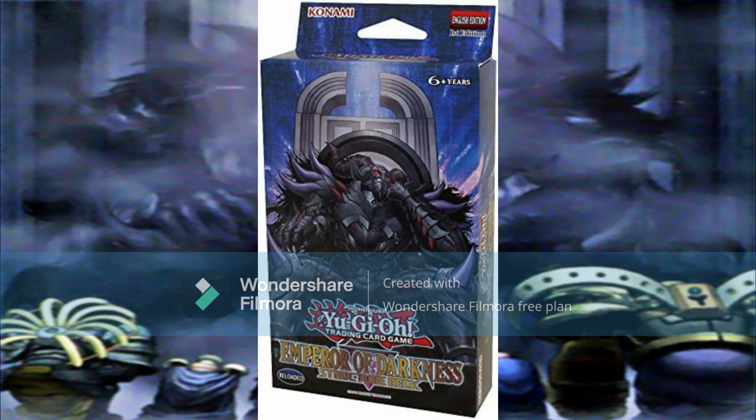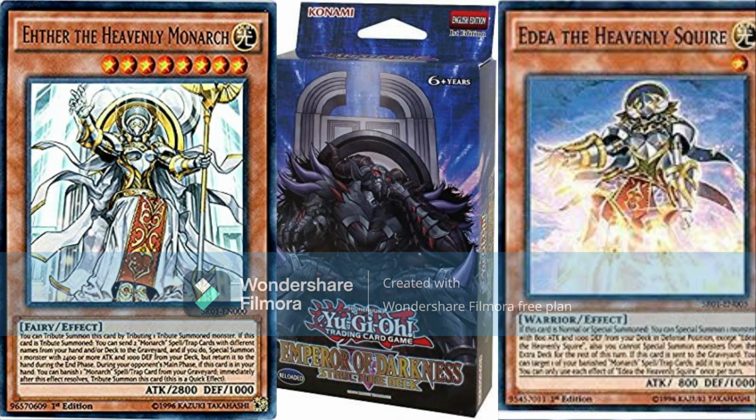When the Emperor of Darkness structure deck was released in 2016, it immediately almost single-handedly brought Monarchs back into the meta, and their last two cards along with their corresponding squires were the main reason why, working around the archetype's limitations and allowing them to show off their strengths, and this resurgence will bring me back to the game after